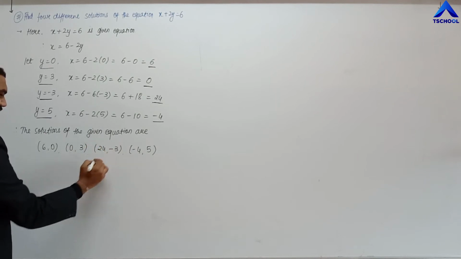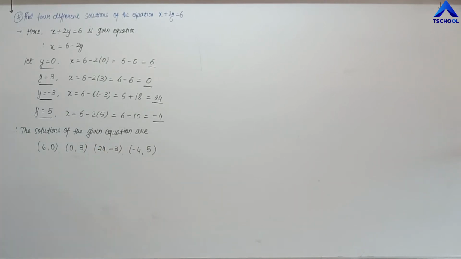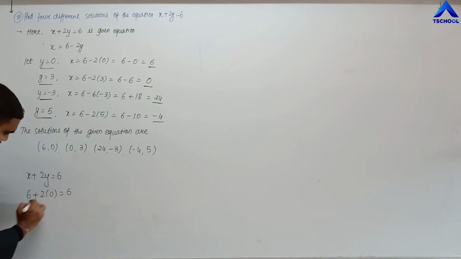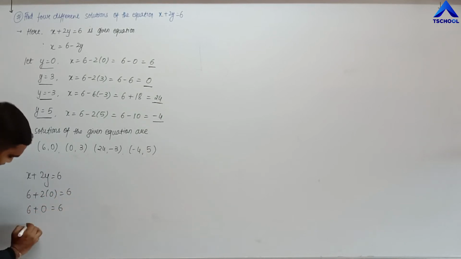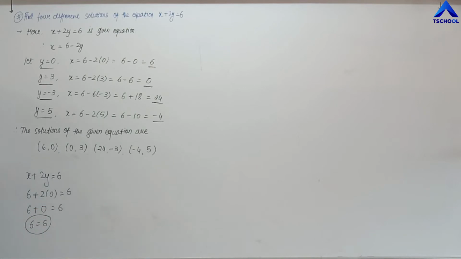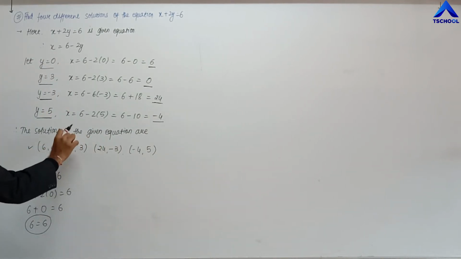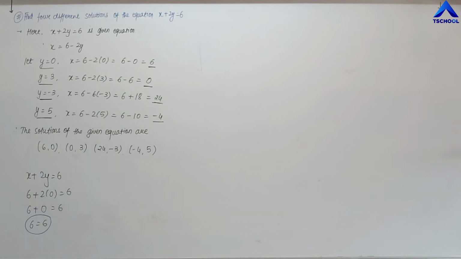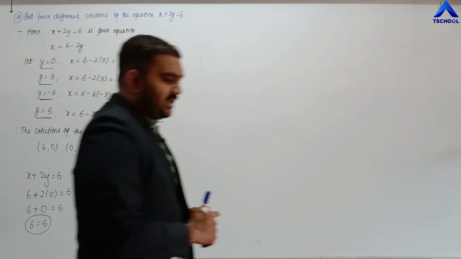Okay, now you can check it, friends. I'm sorry that in the previous one I have written the values in the reverse way. That means first I have written y and the second one was x. Okay, now it is good. You can check it out. Put 6 over there. So we are having the equation x plus 2y equals 6. That means 6 plus 2 into 0 equals 6. 6 plus 0 equals 6. Hence 6 is equal to 6. So we got it verified. Hence we can say that 6, 0, 0, 3 and everything here will be the solutions of the given equation. Is it clear? So you can simply check it out by yourself.